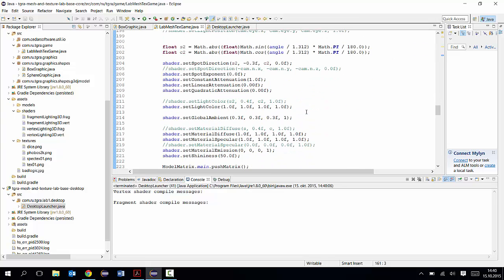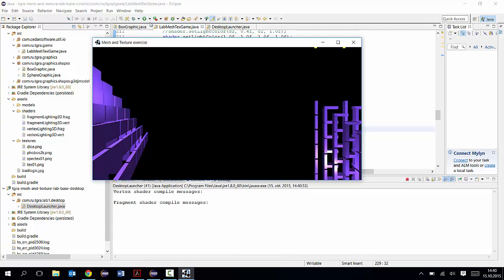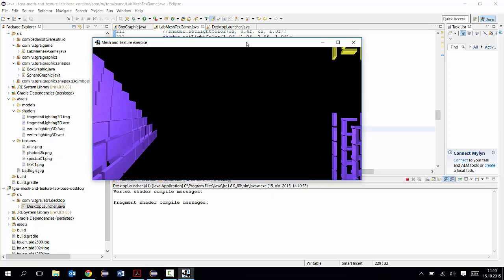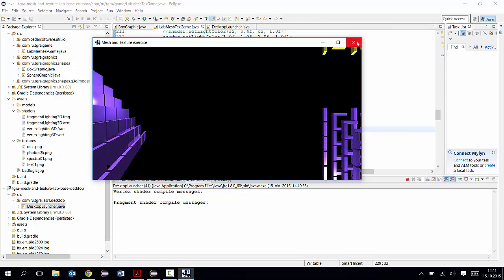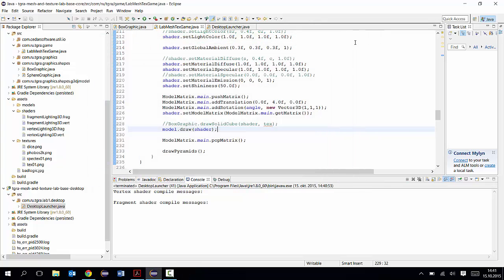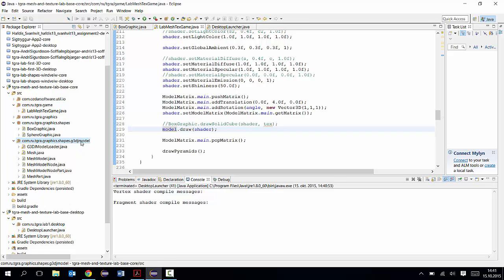Okay, so the first thing that we want to do is basically to look at the mesh model file structure. To begin with, I'm going to take out the drawing of this cube and put in the model draw instead. However, it's not doing it properly now, so we simply have nothing in front of us. But if you have the cube to begin with, you know that everything should be placed in that spot. So make sure that the program runs first with the cube in the right place, then comment out the cube, uncomment the model draw, and then we can go here into the file structure under shapes G3DJ model,